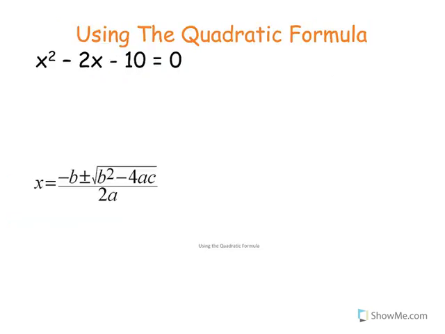All right, so let's take a look at one where we're not able to factor. All right, so we're taking our Regents, let's say, next year, and we see this quadratic equation, and we realize pretty quickly that you can't factor it, right? There's no factors of negative 10 that add up to negative 2. So we say, okay, graphing's not going to help, right? If these are radicals, I can graph it. I can see that there's going to be x-intercepts. My calculator's just going to give me a decimal to 3 or 4 places, but we know that's not correct